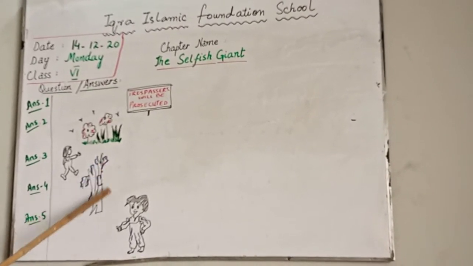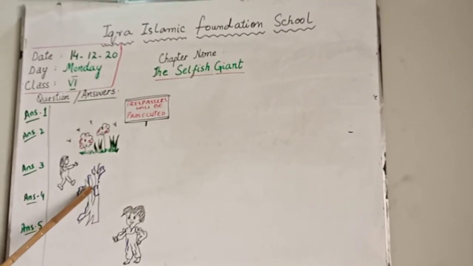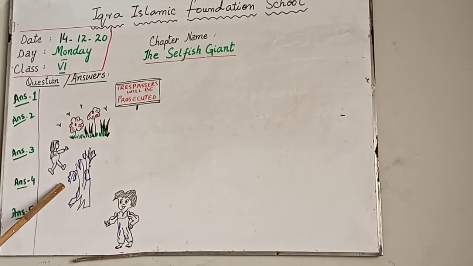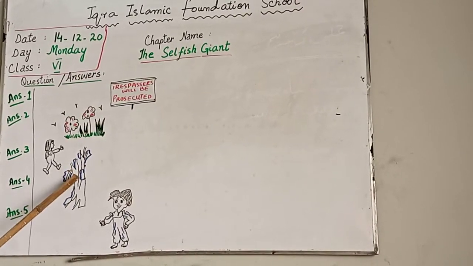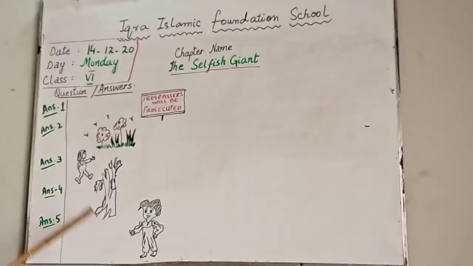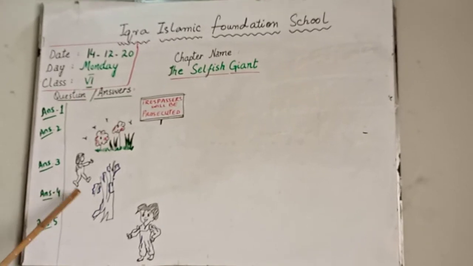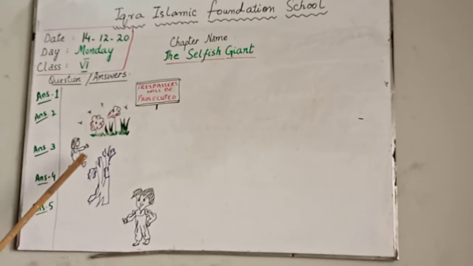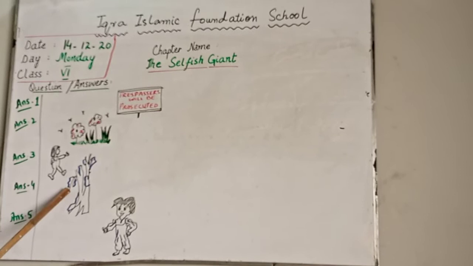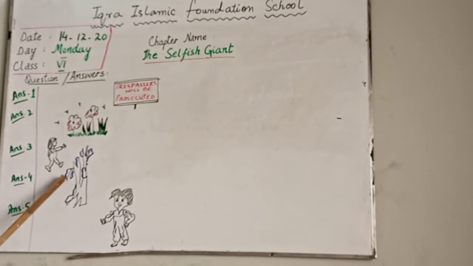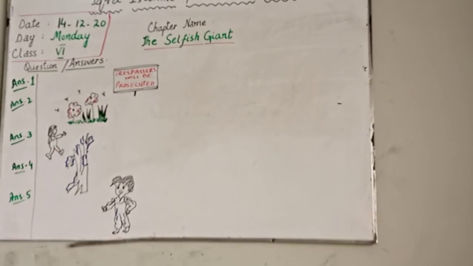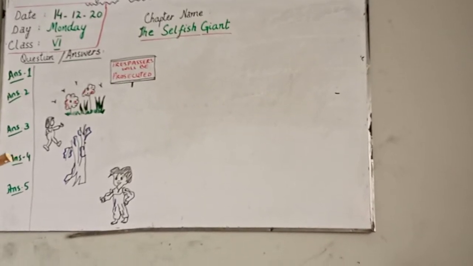All the trees, this is a picture of it, a tree, and by the blue color I have shown the snow. All the trees are covered with snow and there were no leaves, no greenery, no flowers out there. So that would be the result of that giant's mistake, that if he would not realize his mistake, then his garden would remain like this. The trees would look like this, covered with snow, very dry, lacking leaves and flowers. तो ये आप अपने आंसर में लिखेंगे, ठीक है बेटा।